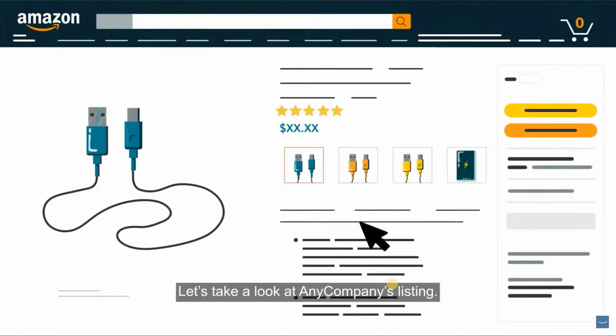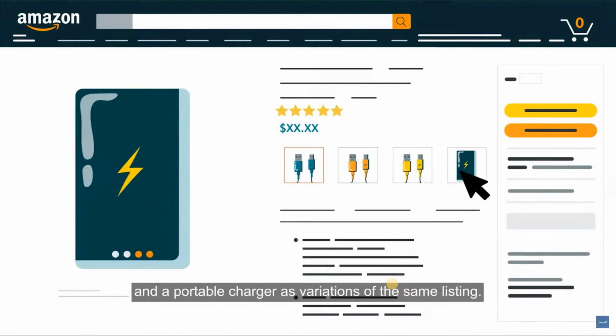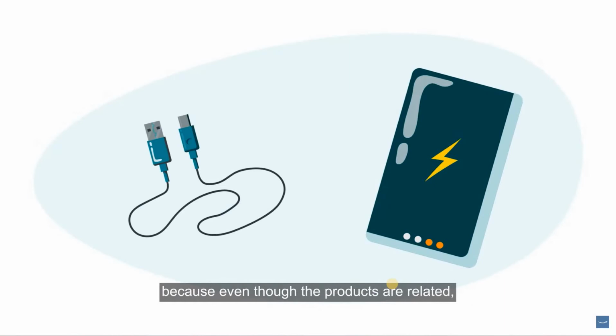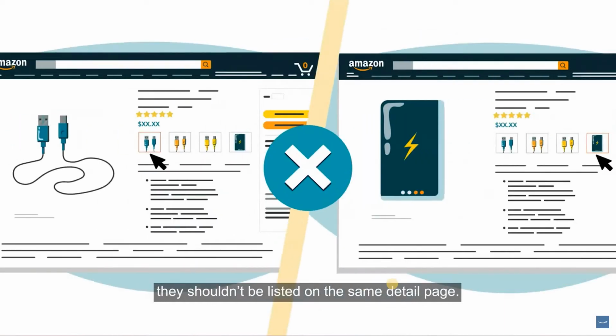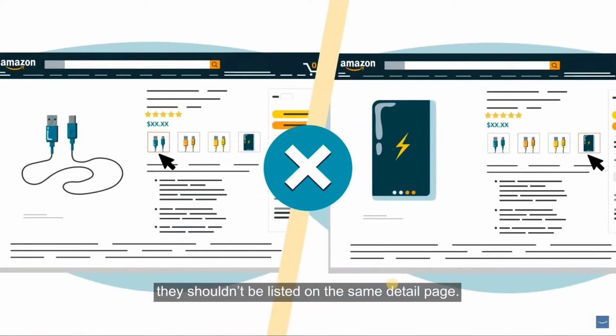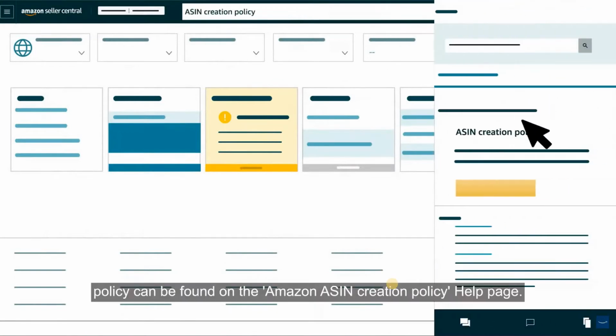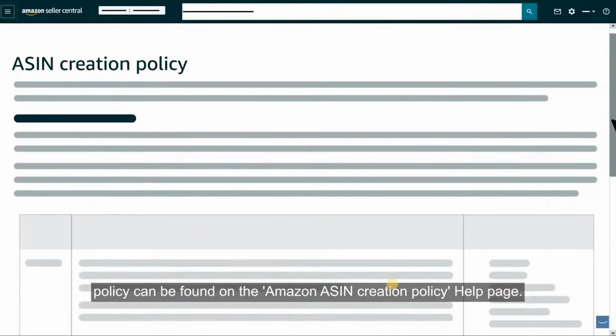Let's take a look at Any Company's listing. Any Company listed a cell phone charging cable and a portable charger as variations of the same listing. Any Company isn't complying with the variation policy because even though the products are related, they shouldn't be listed on the same detail page. As a reminder, more information on our variation policy can be found on the Amazon ASIN